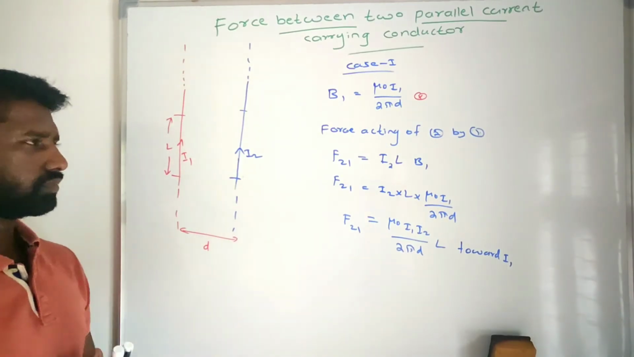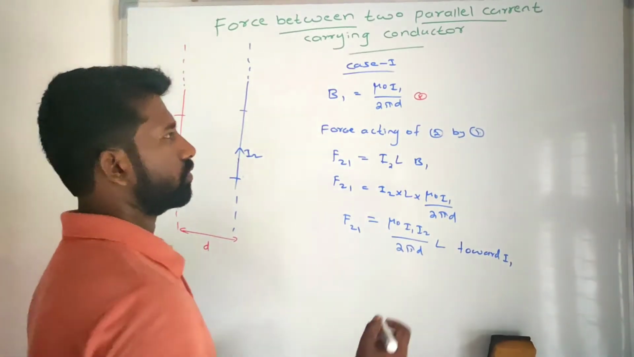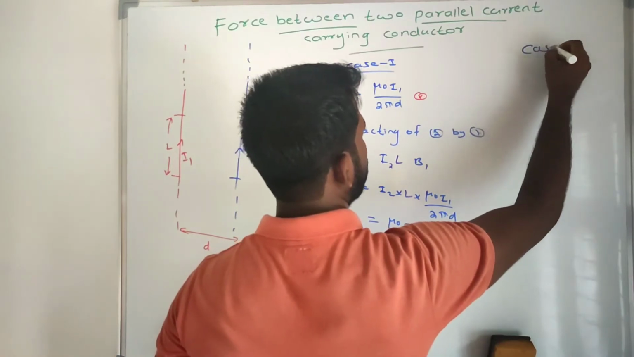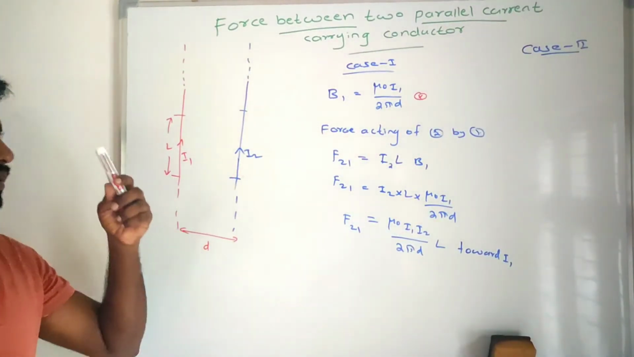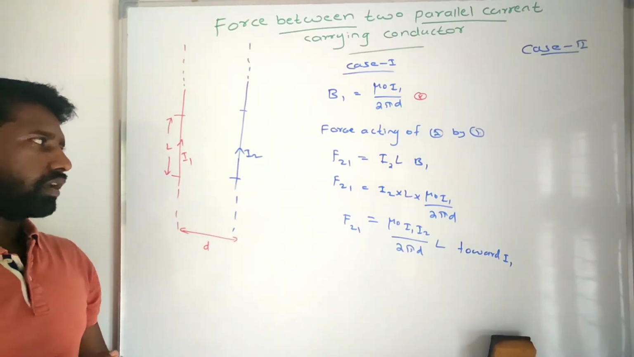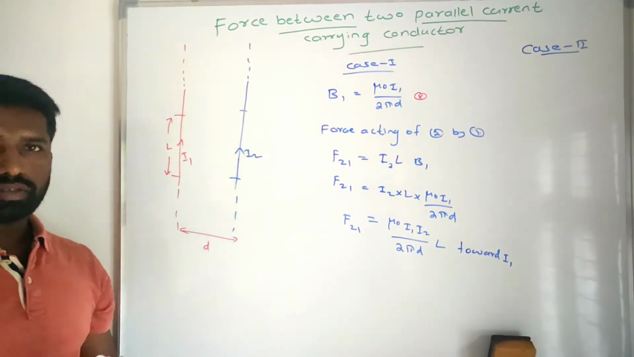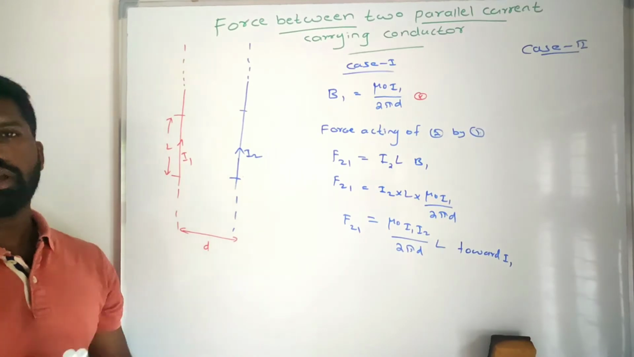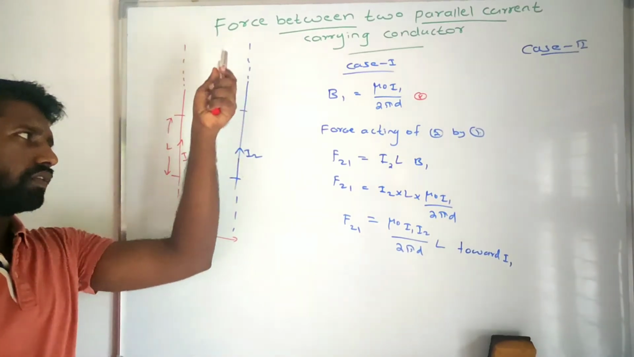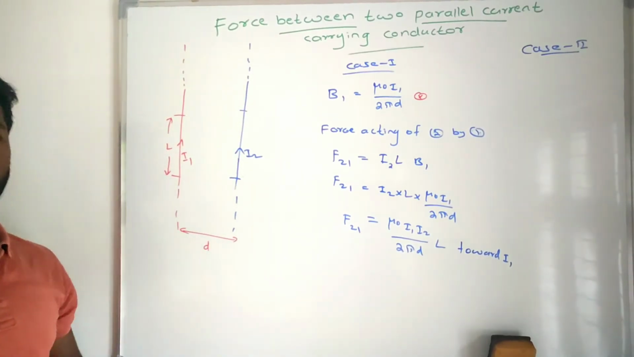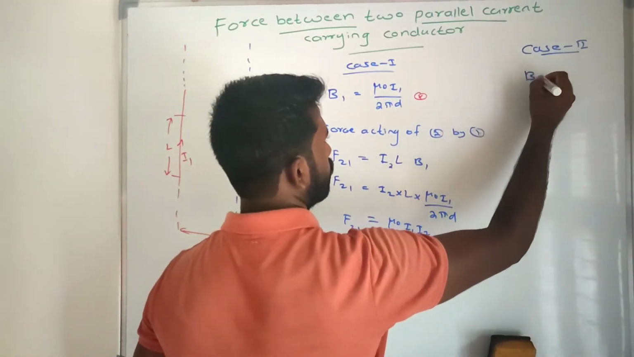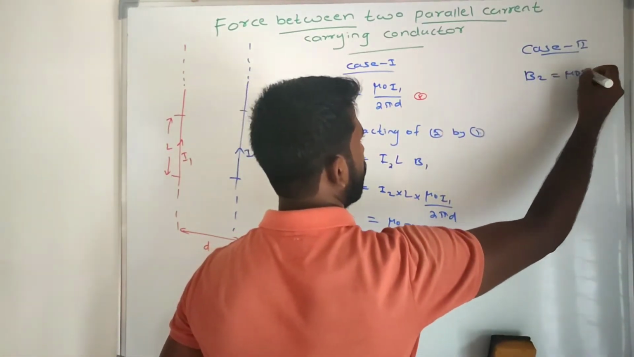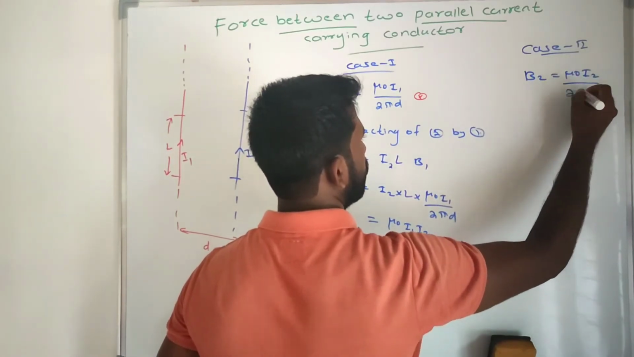Okay, clear? Now we will see case 2. So now we will assume that the second conductor, I2, is producing a magnetic field. This is an infinitely long conductor. The magnetic field produced by this I2 conductor is B2, which is equal to mu 0 I2 divided by 2